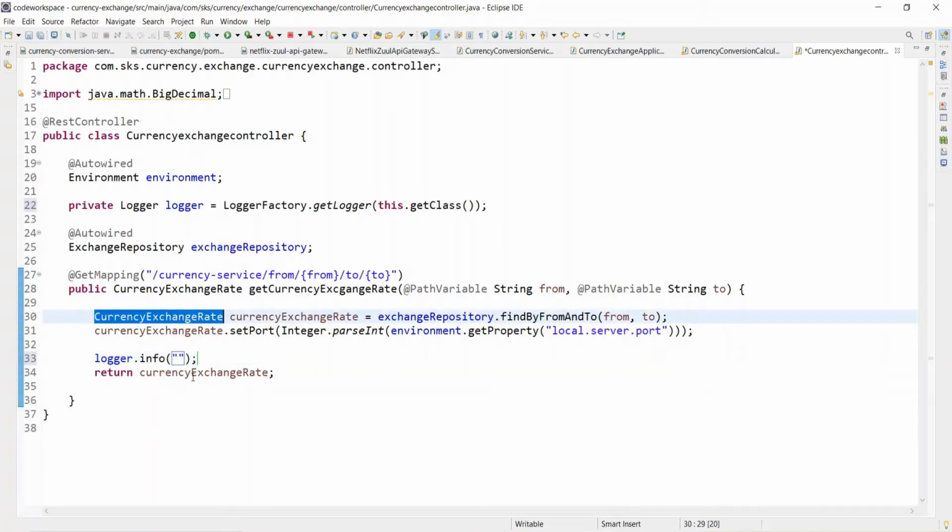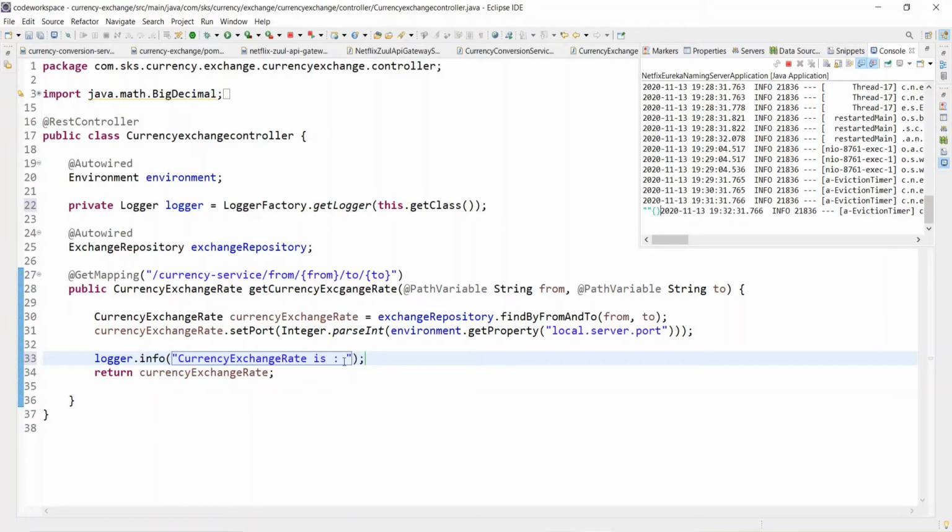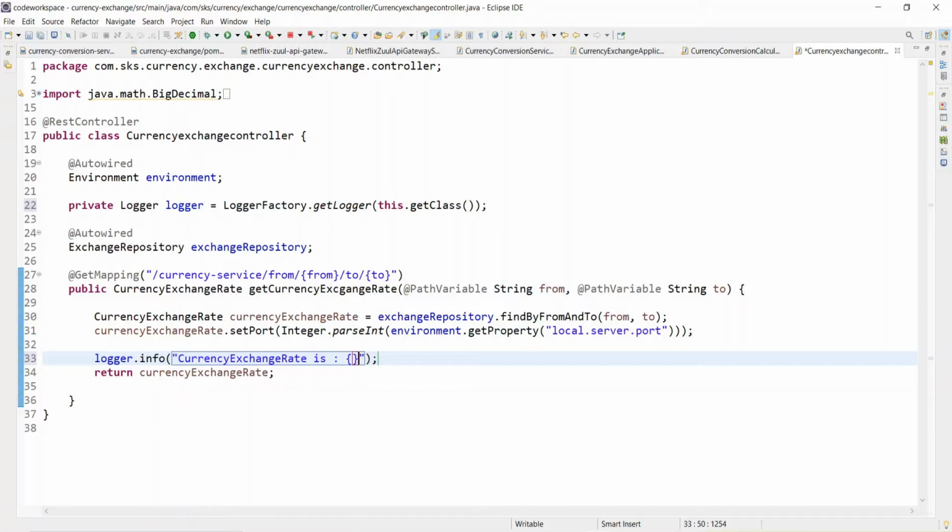Currency exchange rate is... So we have put the logger information. What went wrong? Info, sorry, this currency exchange rate. Correct.